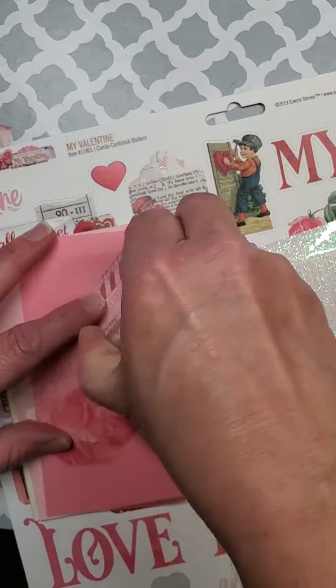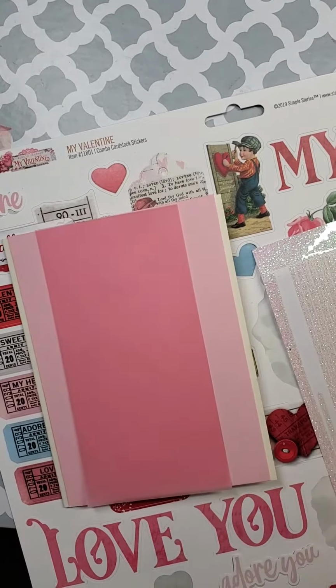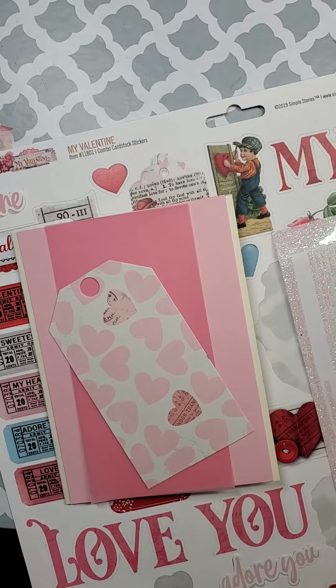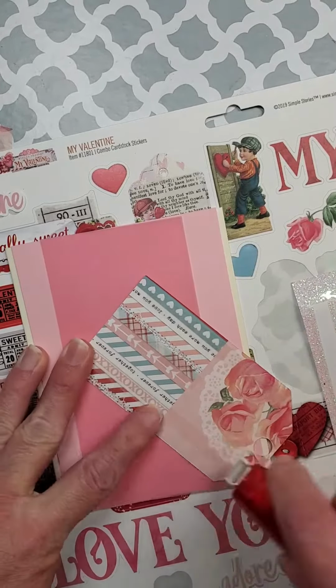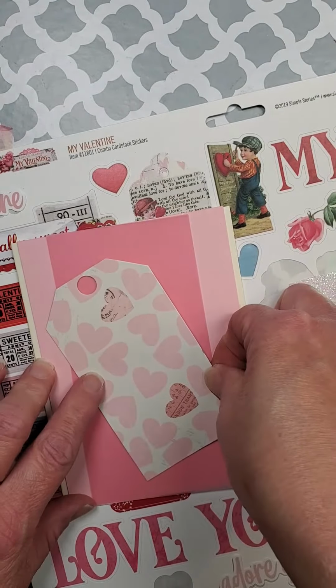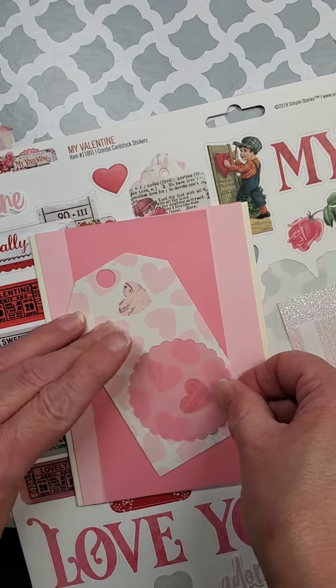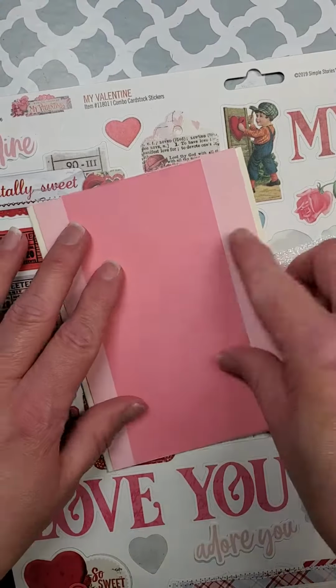Now, this is some vellum tape that I'm using. Since this vellum is transparent, you can usually see the adhesive through it, but it does a pretty good job of not being very visible, and the fact that the vellum is pink also helps a lot. I think clear or frosted vellum would probably show that adhesive a little bit more, even though it's designed not to really show through. Now, I did put that tag down, but I needed to take it back off because